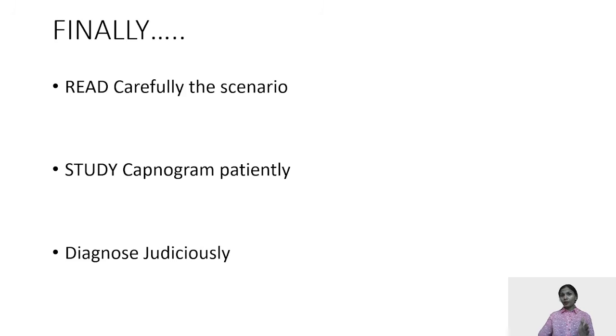They're talking about the inspiratory baseline, they're talking about the alveolar phase, they're talking about the upstrokes, there is a pigtail, there is a curare cleft, or whatever the abnormality, there is a hyperventilation, that is the EtCO2 is very high, or there is hypoventilation that the EtCO2 levels are high, or hyperventilation that the EtCO2 levels are low. So please correlate it with the normal numerical as well as graphical representation. And lastly, diagnose judiciously and treat accordingly.